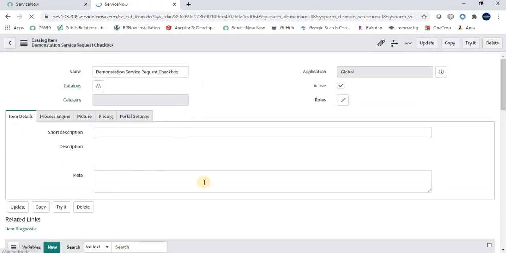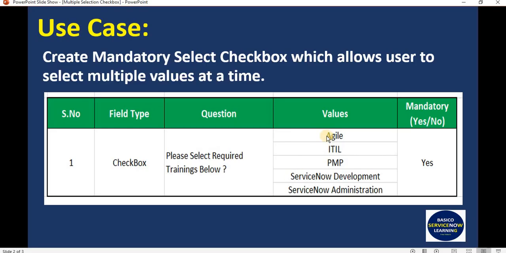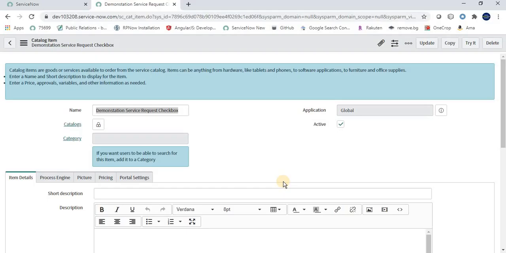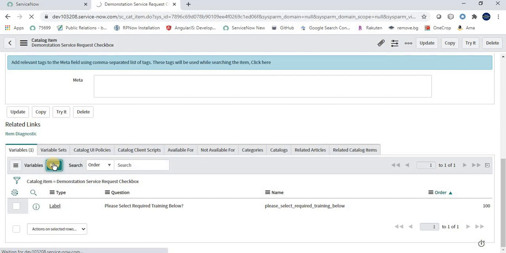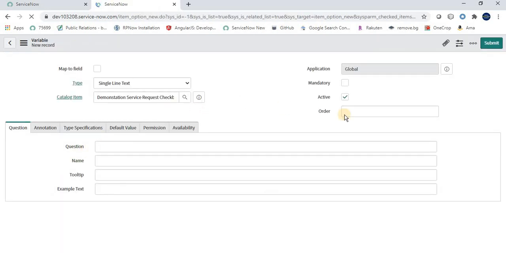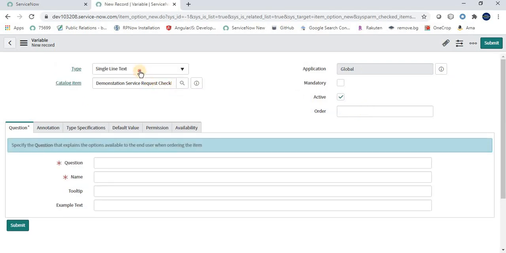So we are done with the first field. Now what we have to do is create these 5 checkboxes, right? So here click on this new. So now I have to select checkbox.